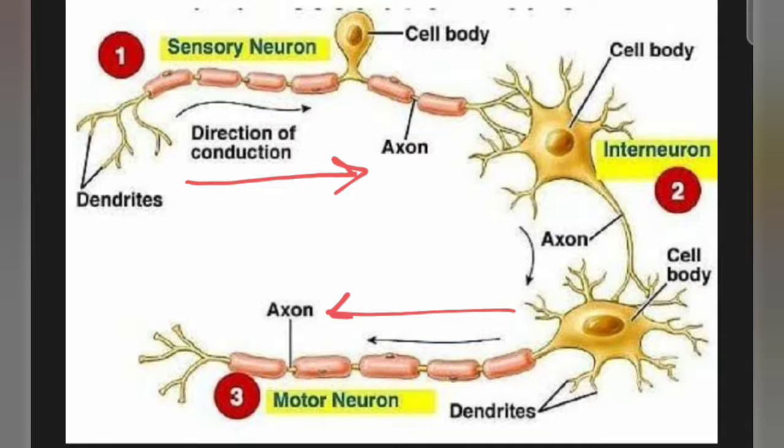The second type of neuron is the motor neuron, which carries impulses just the opposite way, from the brain to the spinal cord. The third type of neuron, as you can see here, is named the interneuron. The other name is mixed neuron, because from the name itself you can understand that it has the function of both sensory and motor neuron mixed. They can go both ways, from the sense organs to the central nervous system, which is the spinal cord and the brain, and also the opposite way, from the central nervous system to the different organs. These are the three types of neurons, and let's continue with the next part of this chapter.